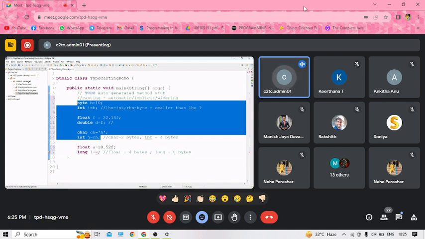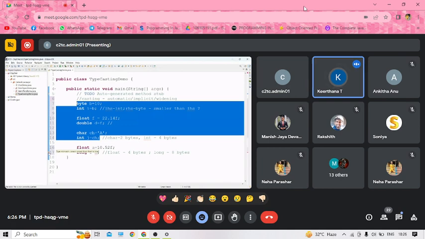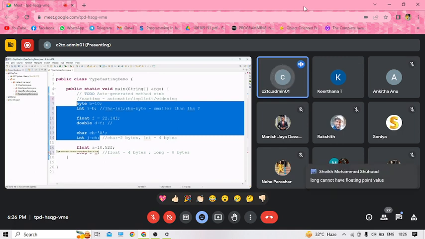Even though it is smaller to larger, it is logically possible, but we are getting an error. Maybe I'll show you the error message also. Can someone read the error message? Type mismatch, cannot convert from float to long. Yes, type mismatch, cannot convert from float to long because